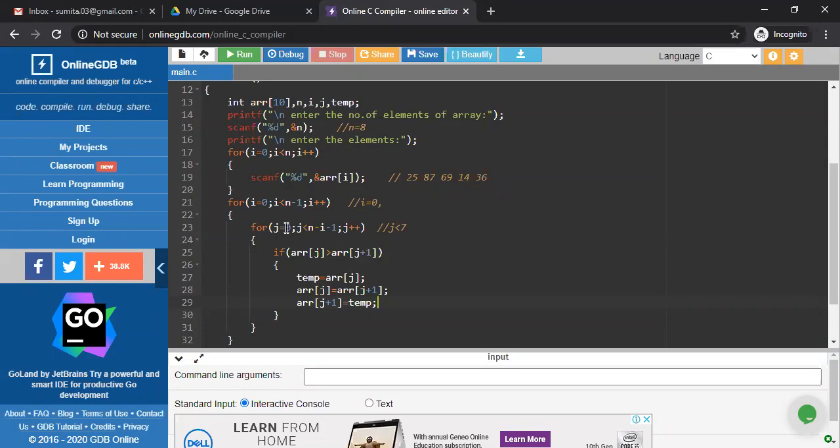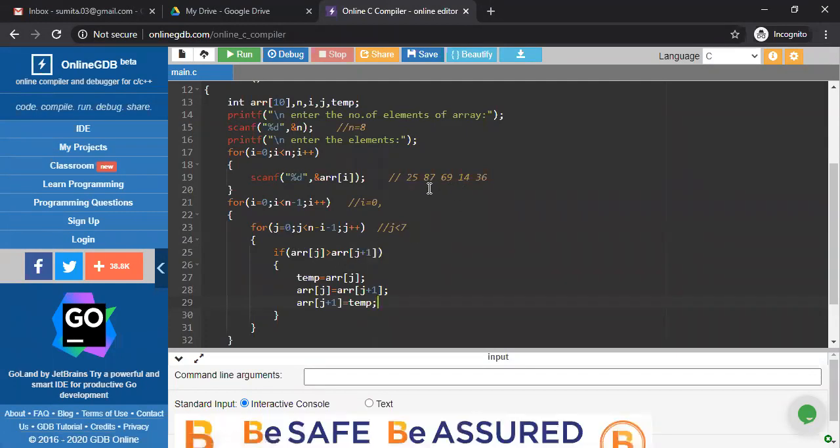Because J is initialized with 0. So ARR 0 has 25, and ARR J plus 1, what is the value? 87. So is 25 greater than 87? Obviously no. So the compiler doesn't enter into that part because the condition is not true.